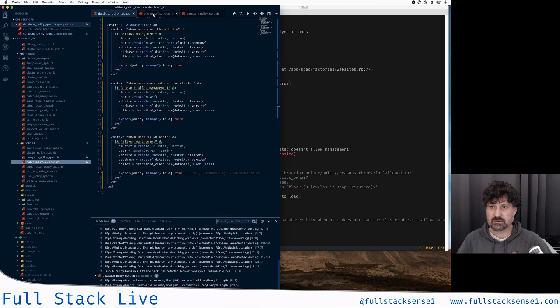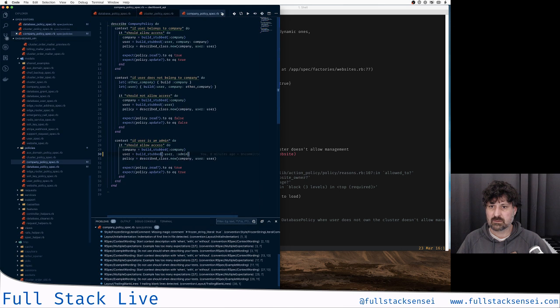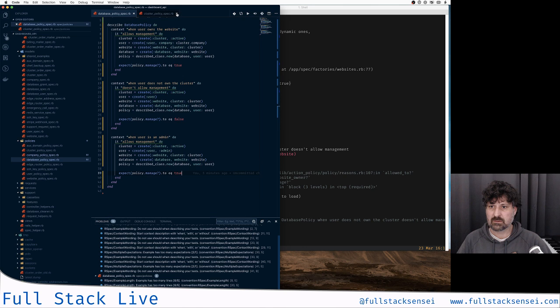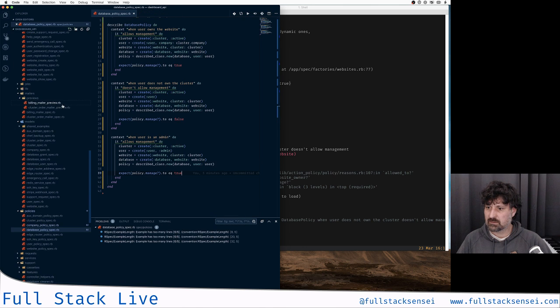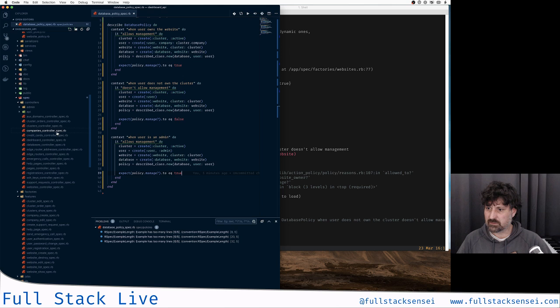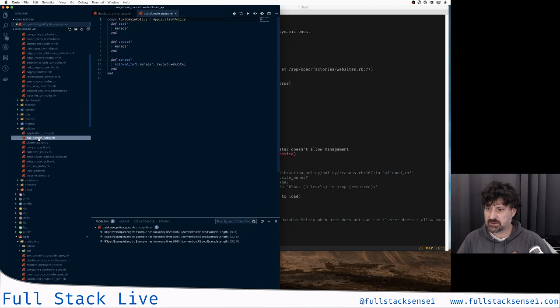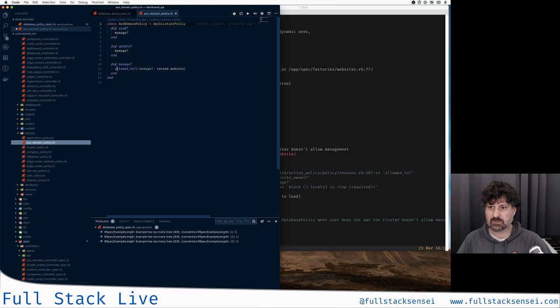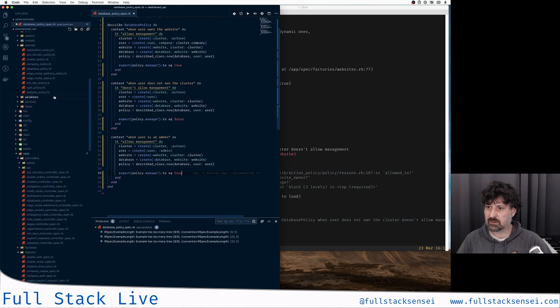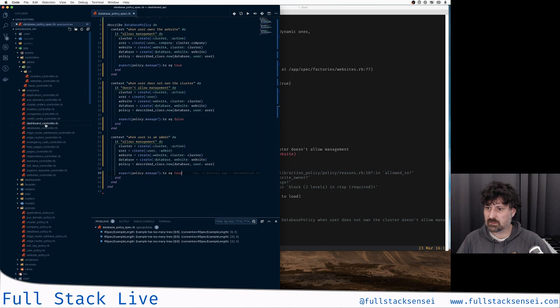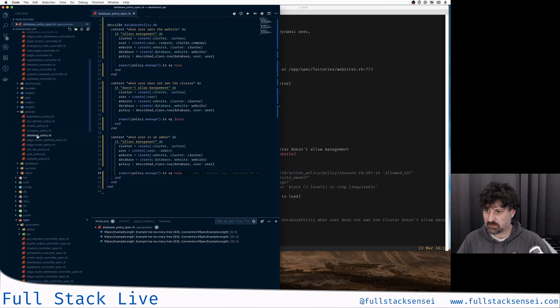But maybe it's actually a difference between the policies. So let's see, the aux domain policy, for example, uses allowed to manage record website. Okay, and the database policy, here,